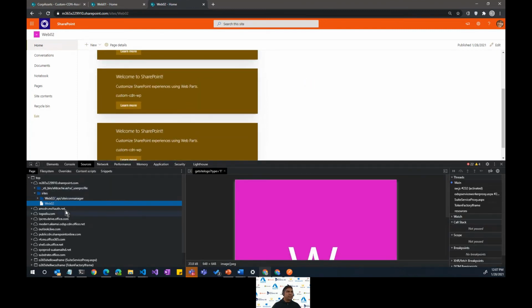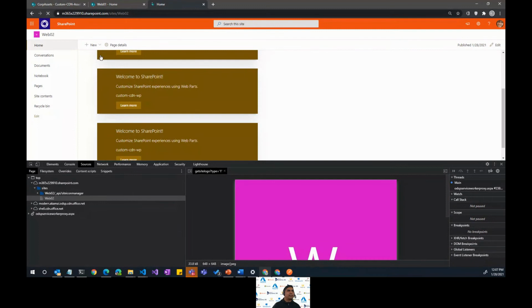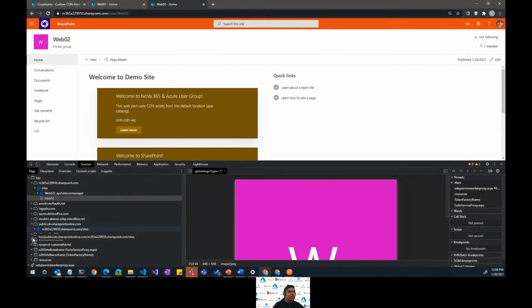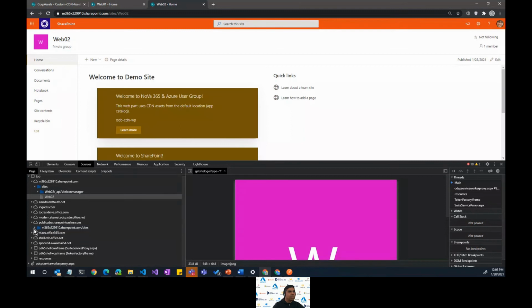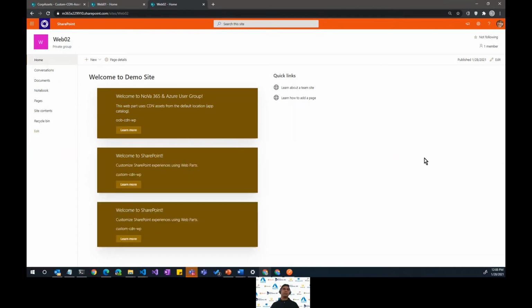So if you now expand this developer toolbar, you can see the public CDN. Access should be being served for both the web parts. Public CDN. Expand this. And now you can see, apart from the app catalog, now our custom location is also showing up here, where the JavaScript files are being served from. So that's the difference between using the out of the box and the custom location for your CDN location.